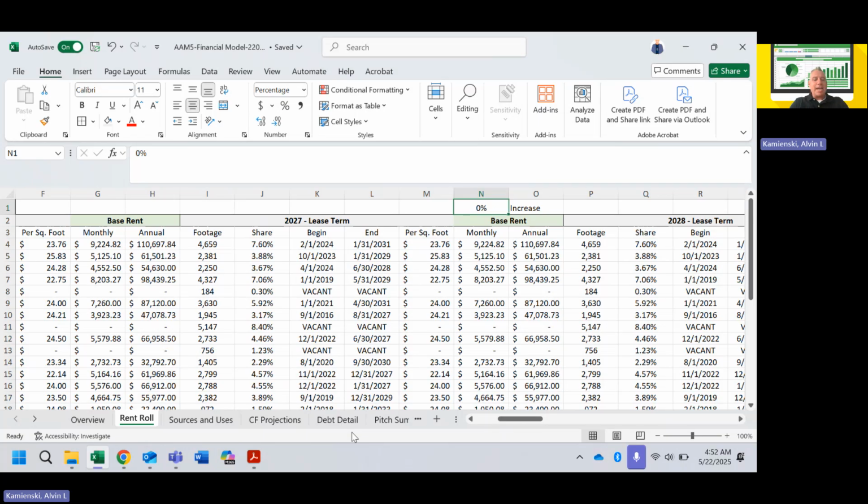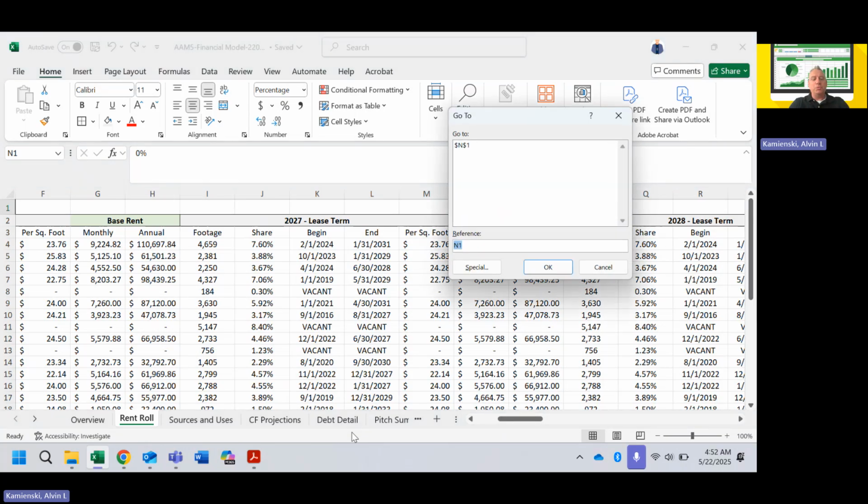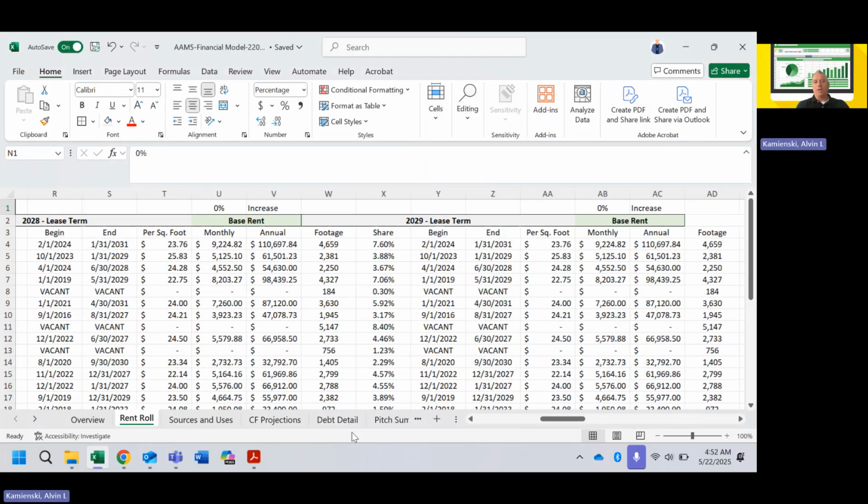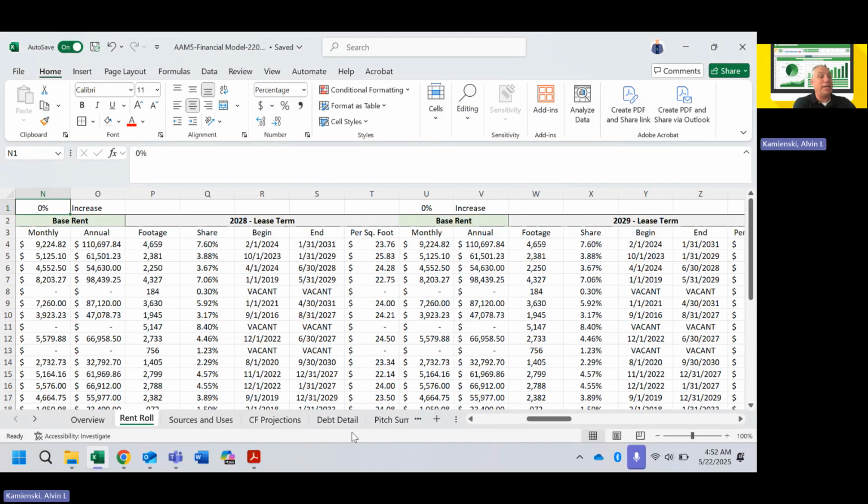So if I ever say, hey everybody, can you go to AZ1, please? You can do Control G and it will jump you there. That way you don't have to navigate with your scroll bar or with the mouse or even with the arrows. So Control G, N1,